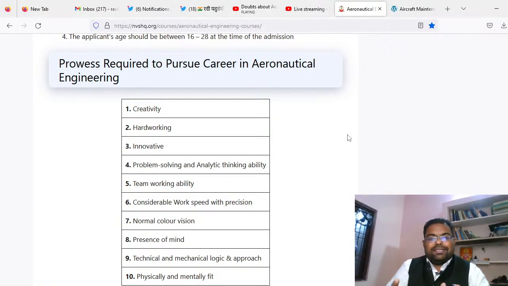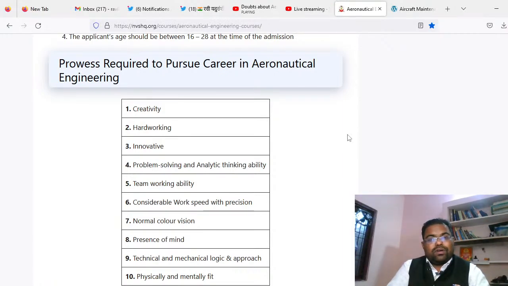He can work with a team, because when we are designing an aircraft there will be several components, right, and they need to be assembled, and when you are going to assemble it, there will be more than 500 rivets and bolts that need to be assembled, and for a single person to assemble the entire aircraft will take several years. So that's why work has been divided among the team, and you must be a good team player, and you must also do work with high precision.